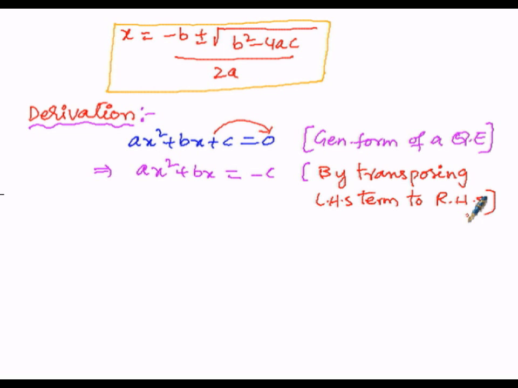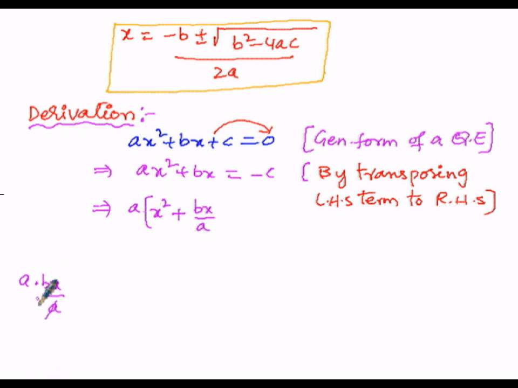Then later on, here I want to take a as common. So that implies when a is taken as common, then in the first term, that is ax square, when a is taken out as common, just x square is left over, plus there is no a at all in this. So here bx, when we divide by a, that is when we multiply again a into bx by a, so a multiplied with bx by a.